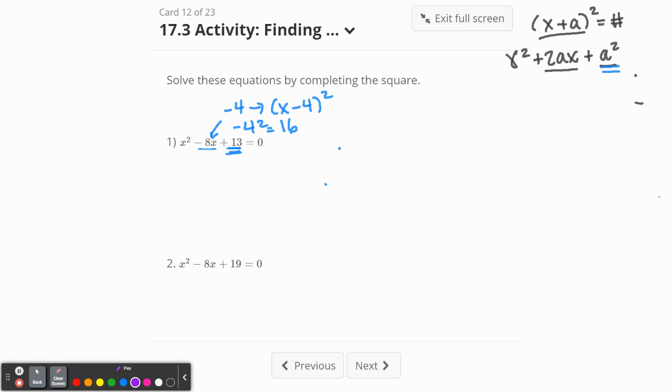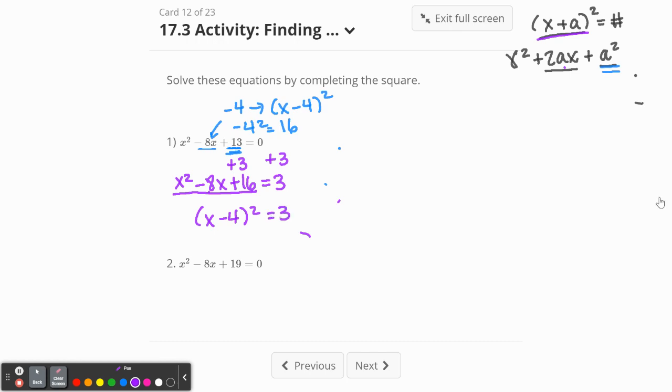So the first thing I'm going to do before we factor is add 3 to both sides. That's going to give me x squared minus 8x plus 16 equals 3. Now this quadratic on the left follows the pattern of the perfect square. We have x squared plus 2 times the factor x plus that factor squared. If I double 4, I get 8. If I square 4, I get 16. We can now factor this to x minus 4 squared,